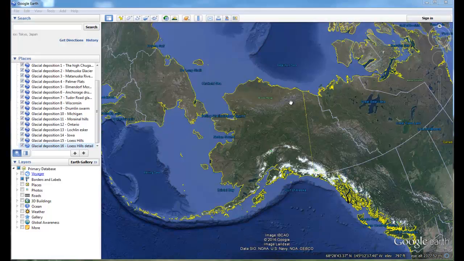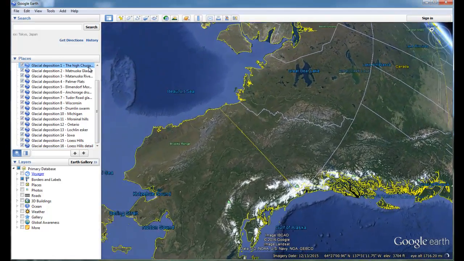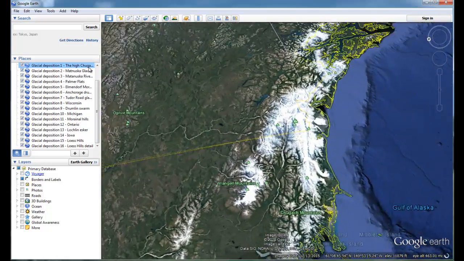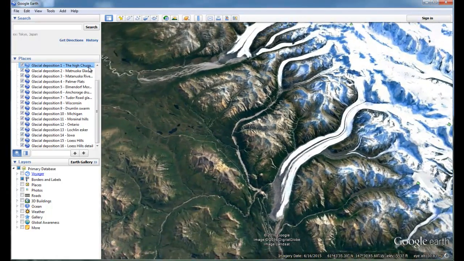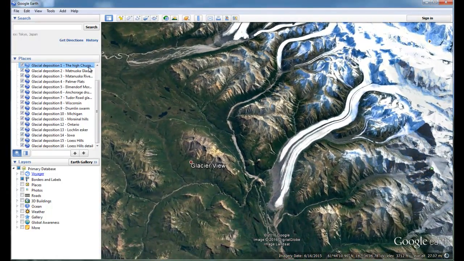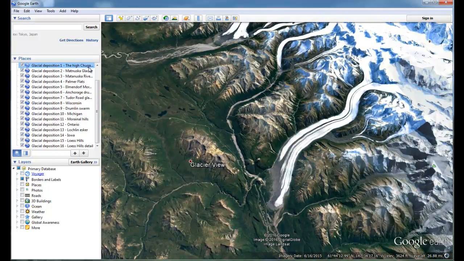In this Google Earth tour, we're going to be looking at glacial landscapes of aggradation or deposition, and we're going to start off looking at things in Alaska. We're going to first go to the high Chugach Mountains, where we're going to take a look at the Matanuska Glacier area. Of course, most of the really big glaciers in Alaska have all sorts of interesting